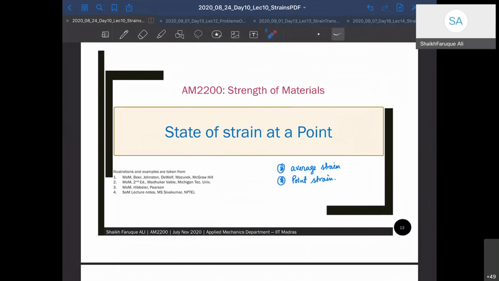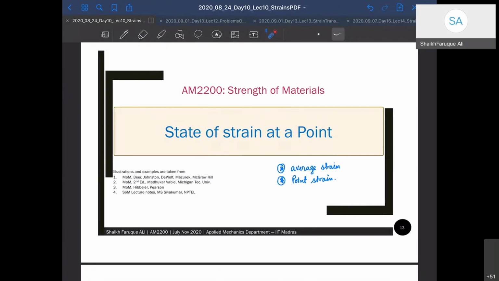We were discussing strains in the last class. We just gave the flavor of strain, what strain is and how different kinds of strain act. So we discussed normal strain, which makes sure that the element is elongated or compressed. And we also talked about shear strain, where we said that